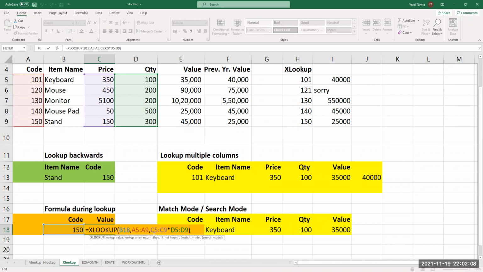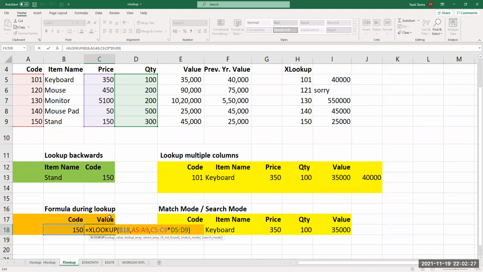What you want to return is C5 to C9 multiplied by D5 to D9. So this into this. Now for whatever reason, suppose I want my total value of this plus previous year value.